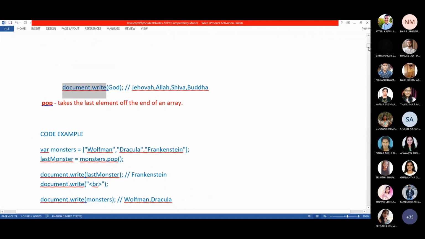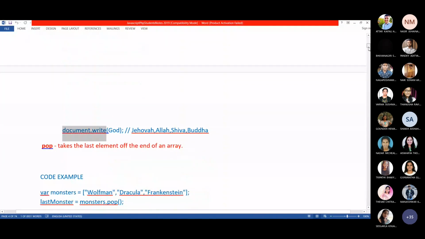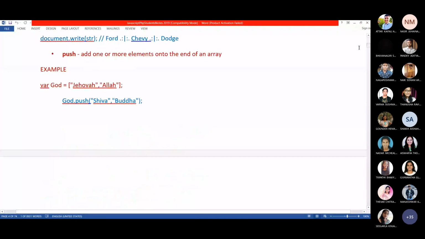Okay. So using pop, you can take the last element from the array. This is an object, God is an array object, and if you apply pop, remember, you will not use any parameters like in push, because in push you have to add some elements, and those elements which you are going to add should be given as a parameter.